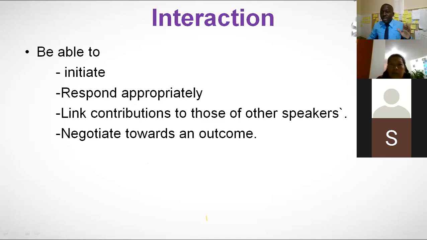It's not an offense to have different opinions, but you have to be supportive of his, and at last you will all come to an end and say, what you have said and what I've said, if we combine them, now we can reach this certain point, or this kind of view. And the last point here is to negotiate towards an outcome. Don't just argue to be in different directions all the time. Make sure that you're arguing towards a point.